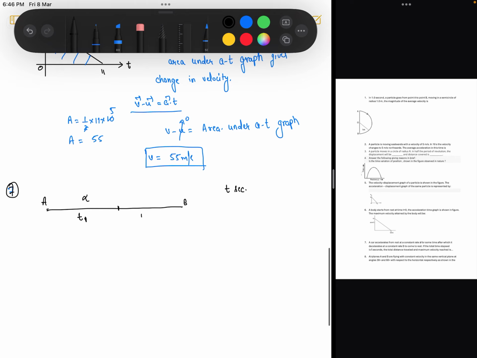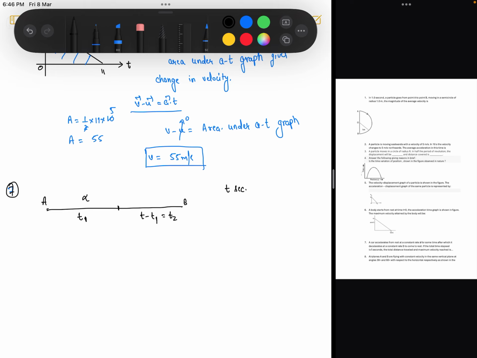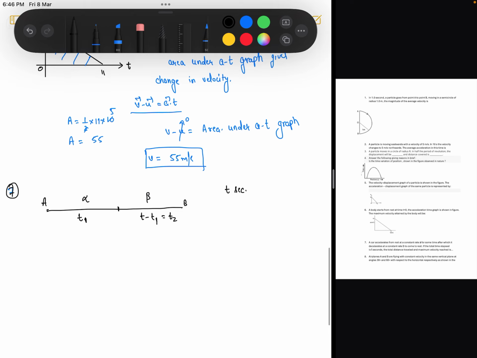So this time period will be t minus t1, that will be equal to t2, and for this time period the particle is decelerating with a rate beta. We know that here the particle's initial velocity is also 0 and the final velocity is also 0. Now we have to solve. For this time period, we can apply the equation of motion, that is,